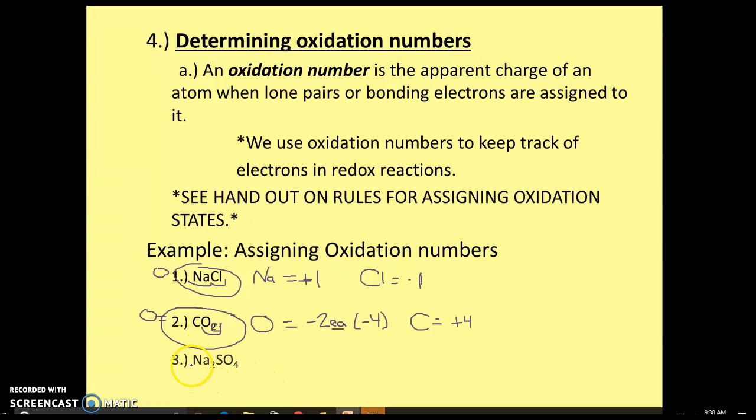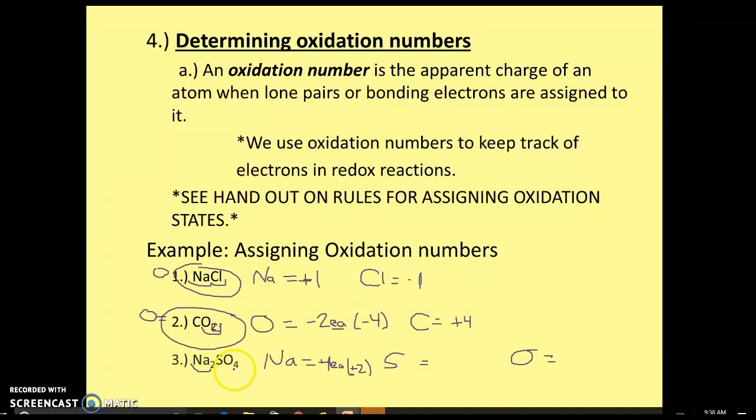So here we have a big one. Okay, we got sodium. So we can do sodium, and we have to figure out sulfur and oxygen. All right, and we know they're different elements because of the capital letters. So sodium, when it's in a compound, always going to have a +1. In this case, we have 2 of them, so I'm going to put each. So it's +1 each. So because there's 2 of them, that's a total of +2 total, because we have 2